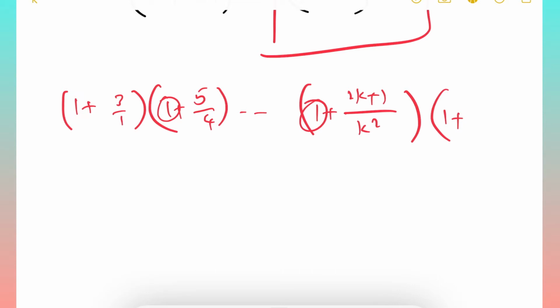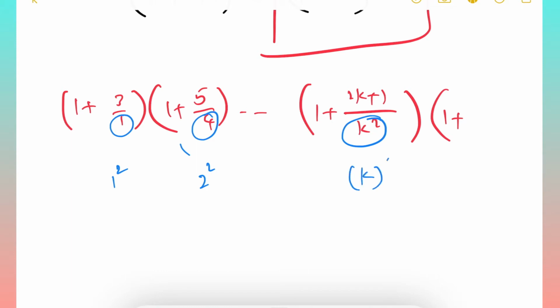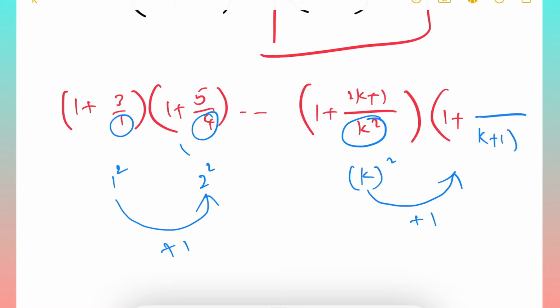Now next, in every term second numbers if we observe clearly, in the denominators, here it is 1, here it is 4 and continues like that. So this is k square. Now 1 is nothing but 1 square, 4 is nothing but 2 square and so on, it continues like that. So k square is nothing but k square. So from 1 square to 2 square, if you observe only the bases from 1 to 2, it is increased by 1. So for this base also we need to add 1. Then it will become k plus 1 whole square. That will come in the denominator.